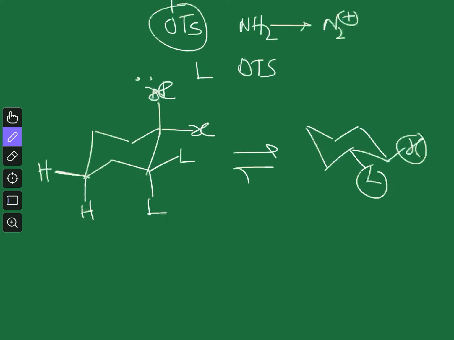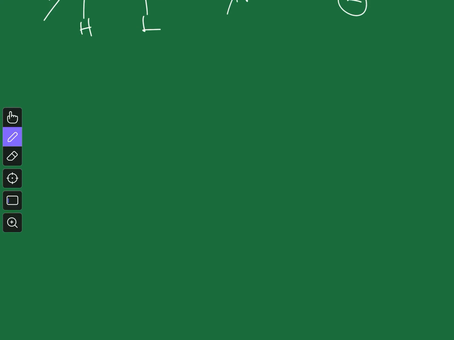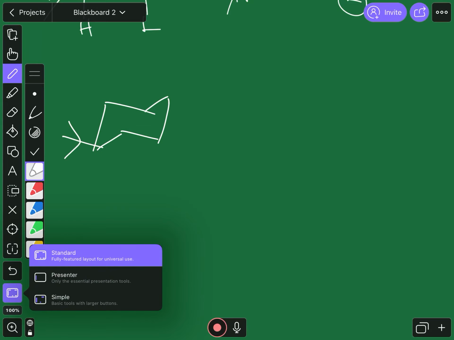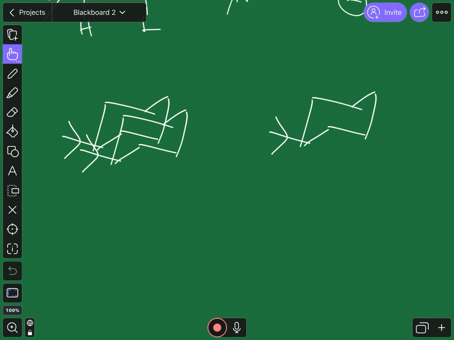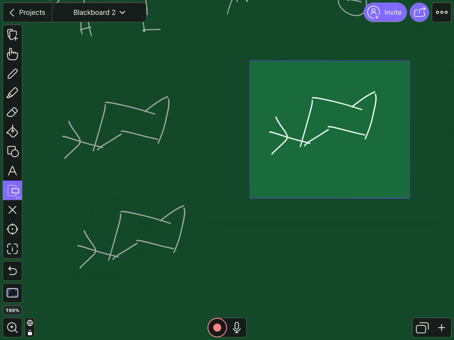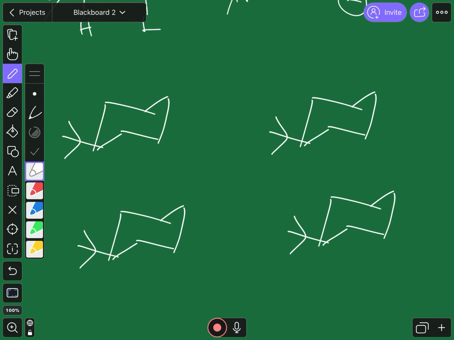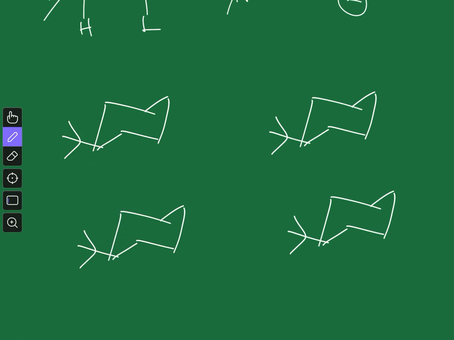But if this position is locked with tert butyl group, then this flipping is not possible, so that you have to remember. Now we will show the examples where tert butyl group is present and then flipping is not possible. So in this regard we can have all these 4 options. So let me first draw it and copy it first. So this is one, another will be this, and this is one. Okay, now 4 options are there.